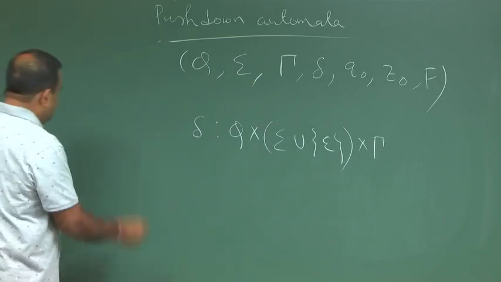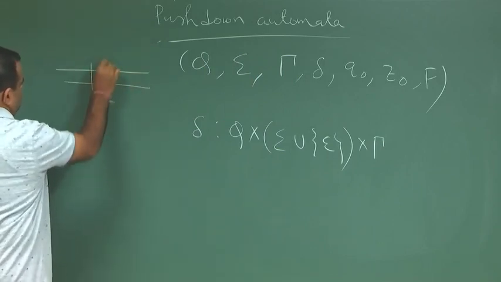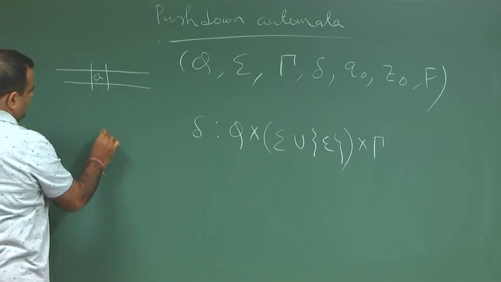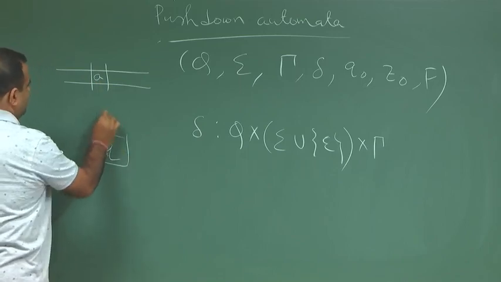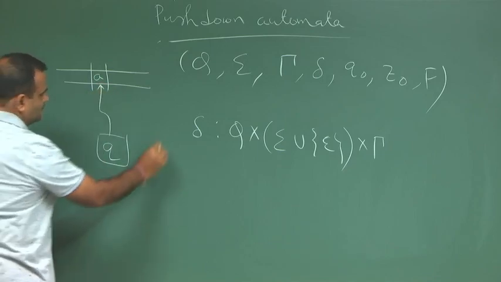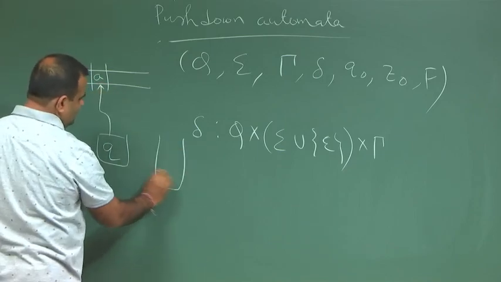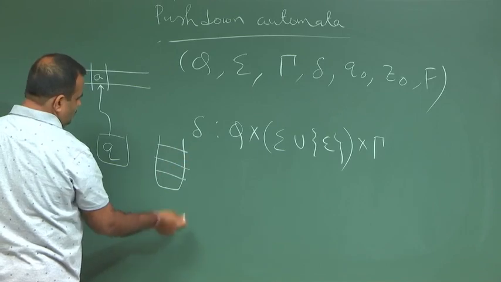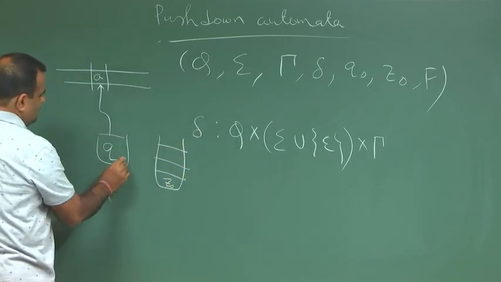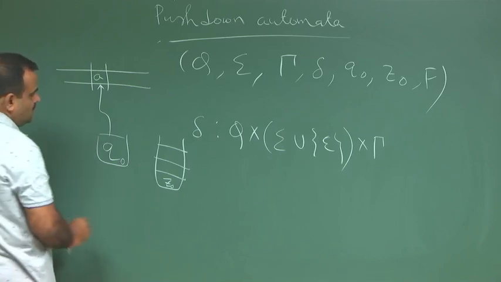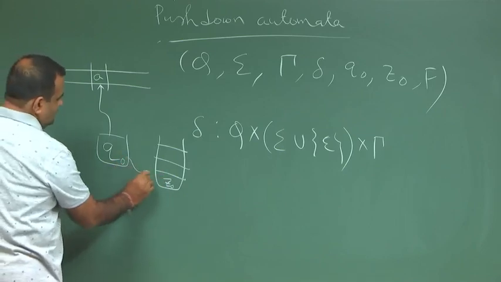Suppose this is the input symbol on the tape, and this is our finite state machine, and we are at some state Q, the tape is heading here, and this is the stack,